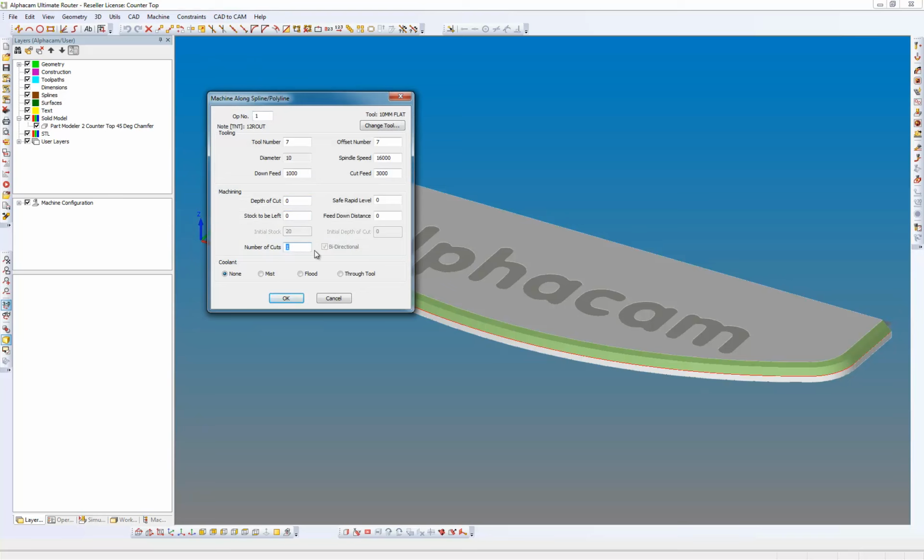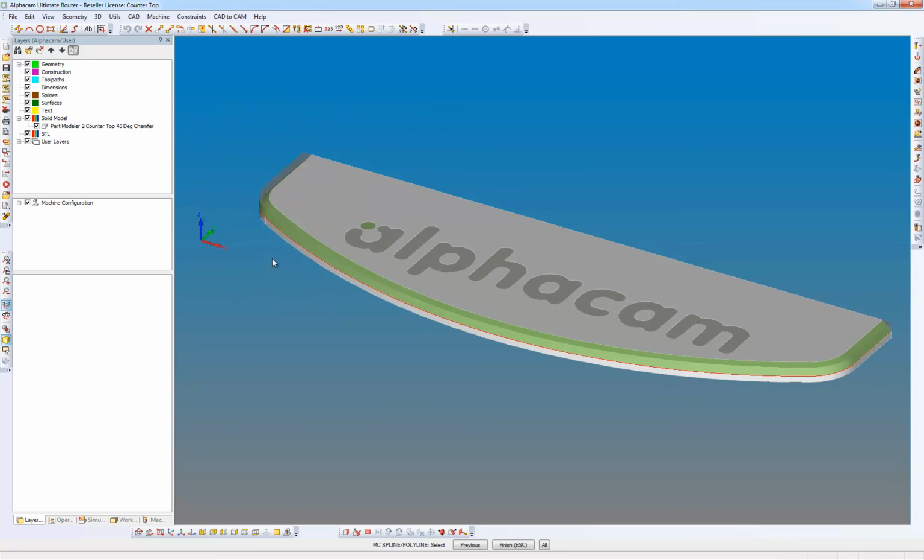So depth of cut. This is how much further we want to go past the polyline. So let's say 2mm. Safe rapid level 20. And what we have new here are number of cuts. So we're going to say 3 cuts, and also we've got a bidirectional option here. Initial stock is 20. So it's asking me to select the polyline,